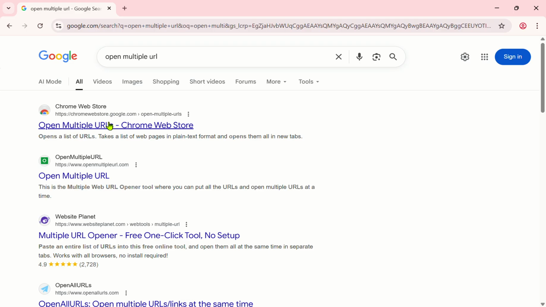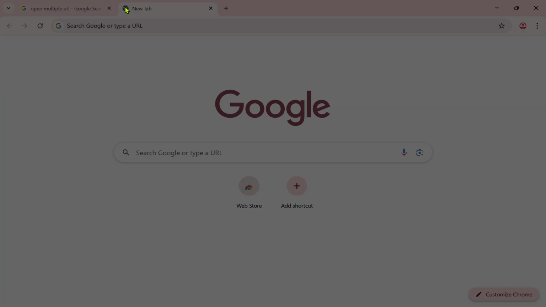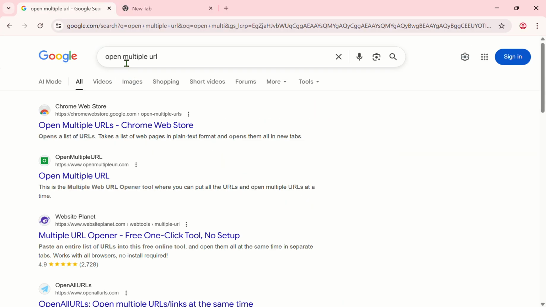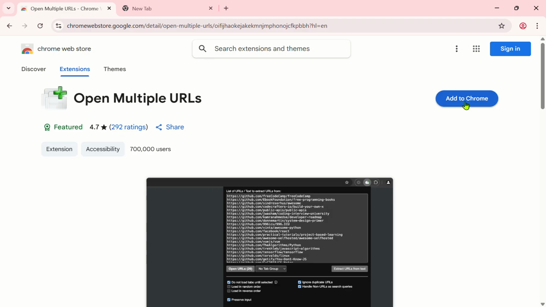If you have to open multiple URLs at the same time, there are two options. If you have one URL, you open a new tab and paste it here. The second, smarter option is to go directly to Google and search Open Multiple URL, and number one here you can see Open Multiple URL in the Chrome Web Store. You have to click here, and I have just created a new Chrome profile. There is no extension here, so I will add every extension right now.